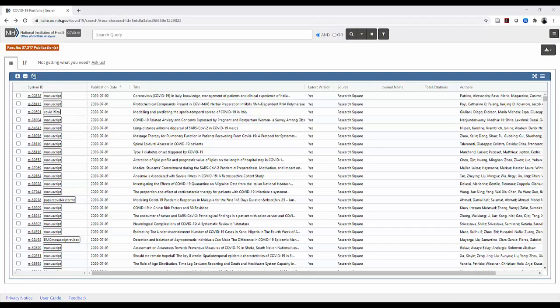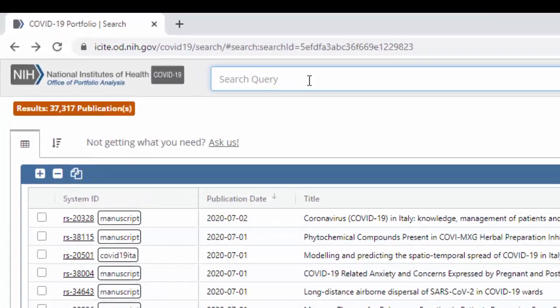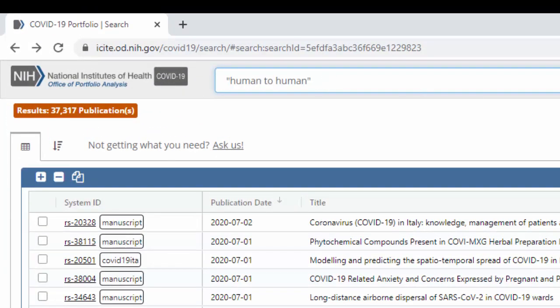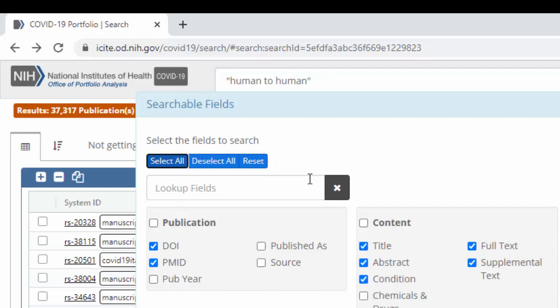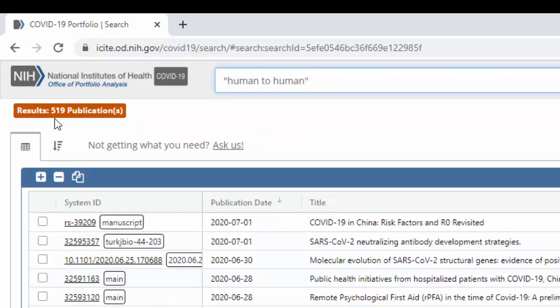One important thing I want to point out from all these examples is that human to human with the dashes will be treated the same as human to human with the quotation marks. To demonstrate this, I will look for one of these within the title and abstract. Notice that I get 519 publications. When I do the human to human with the dashes,